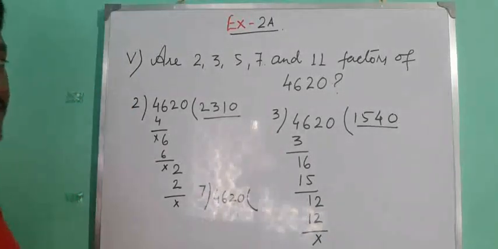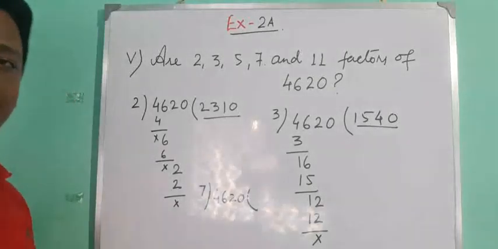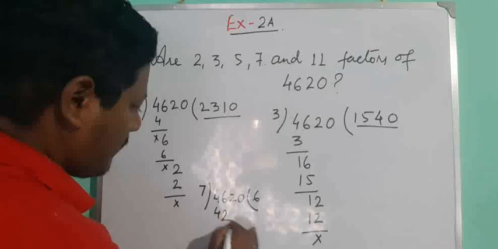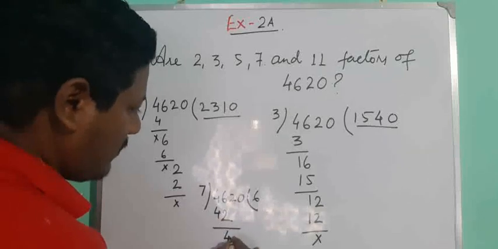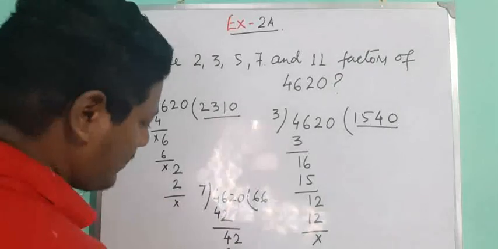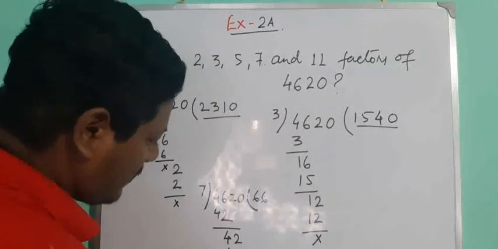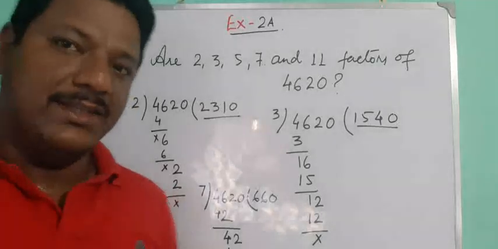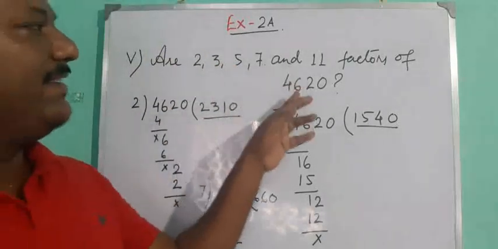Let us check off 7. 7 tables below 46. It is 7 6 are 42. Then 4 and 2 will come again. 7 6 are 42. So here we see that the given numbers can divide